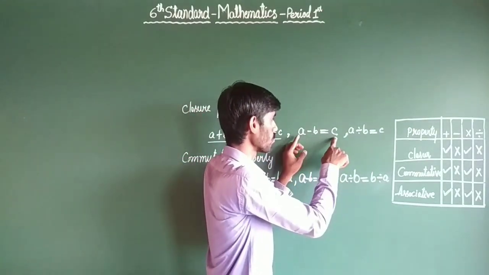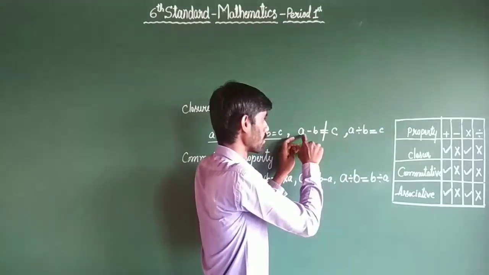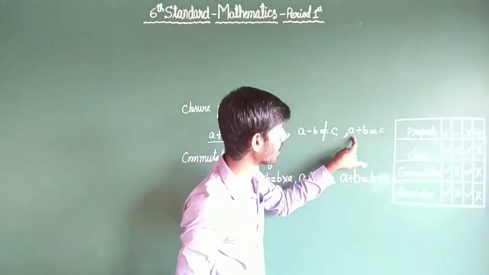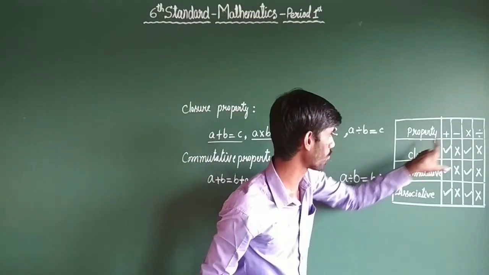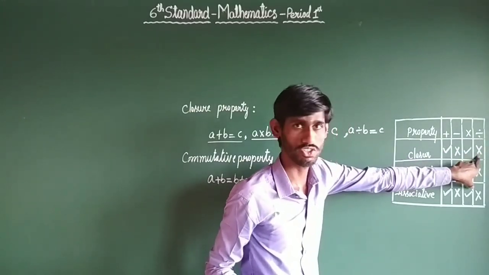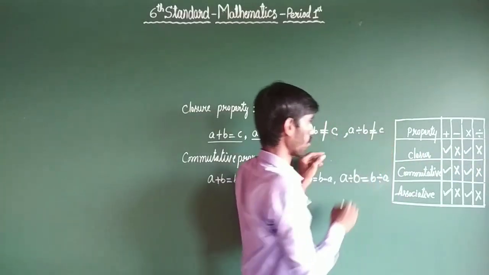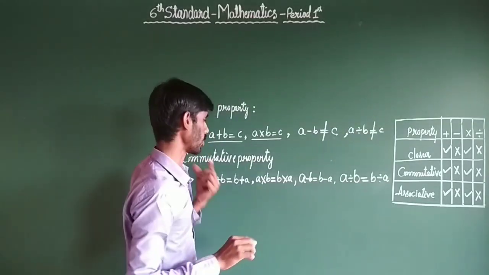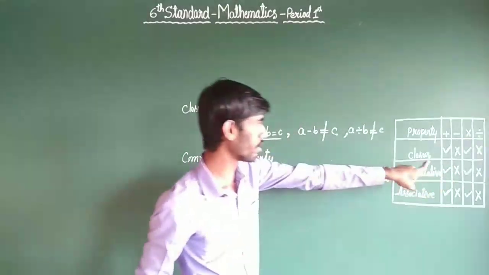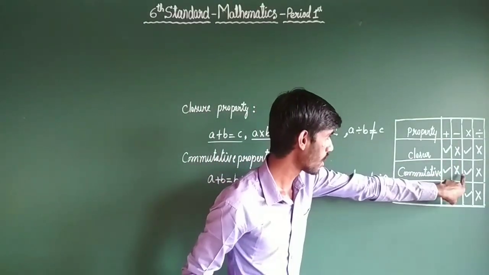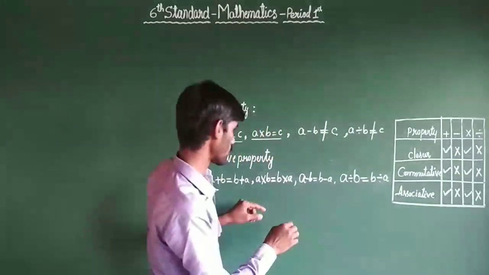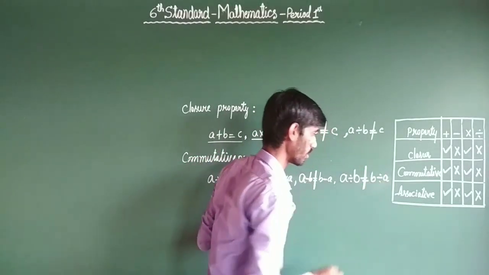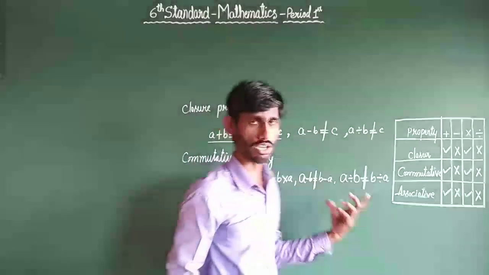A minus b is equal to c. Actually it is not equal. A minus b is not equal to c. Just concentrate here. And also division. Observe here, the closure property is not satisfied for division. It is also not equal. A divided by b is not equal to c. And also the commutative property does not hold good for subtraction and also division. Here, it is not equal. Subtraction and division. Save these two important facts in your mind.